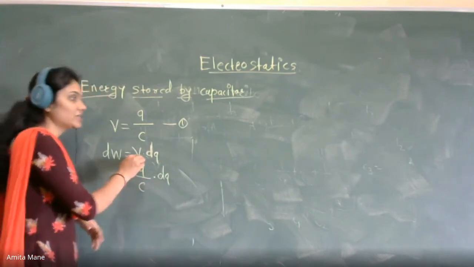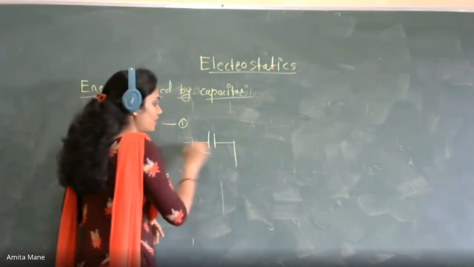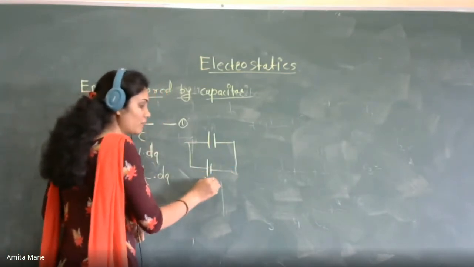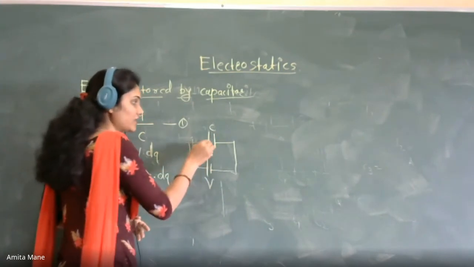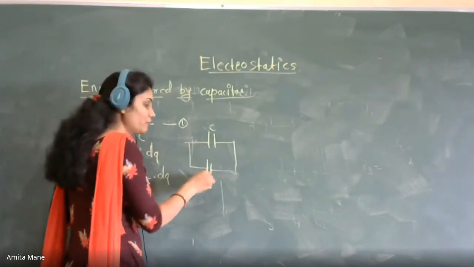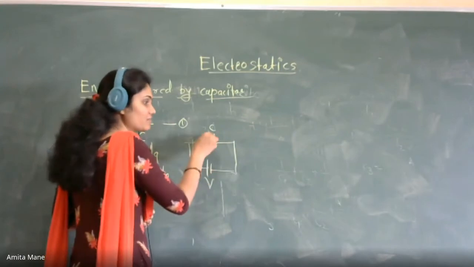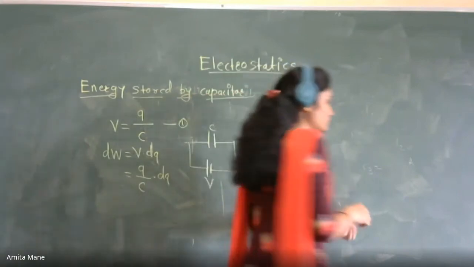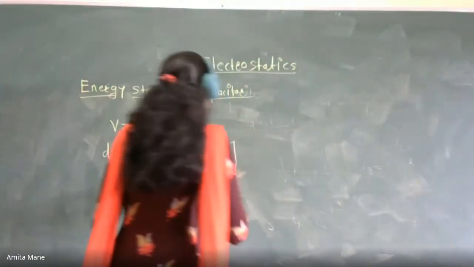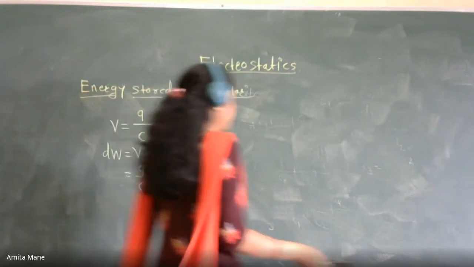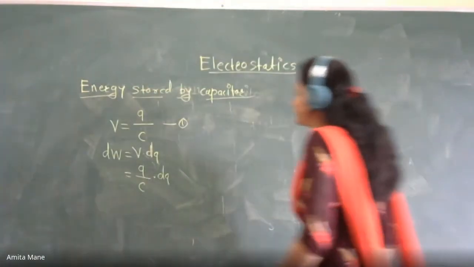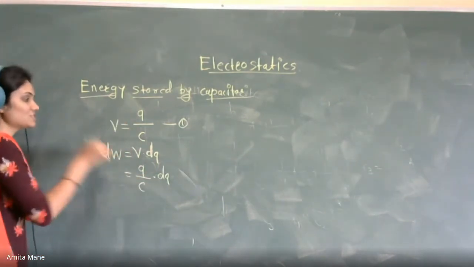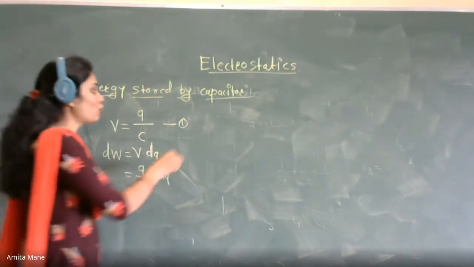See वोल्टेज में भी फ्रैक्शन नहीं लेते, ठीक है, क्योंकि देखो अगर आपका ये कैपेसिटर है, ये आपका वोल्टेज है, सो अगर इस कैपेसिटर को आपको चार्ज करना है तो आपको फुल वोल्टेज ही देना है, it will take some time to fully charge, okay, so after some time it will get full charge, so supply voltage V remains the same। Now put the value of this V in this equation, that is Q divided by C into dq। This is the small work done, मुझे क्या चाहिए total work done।